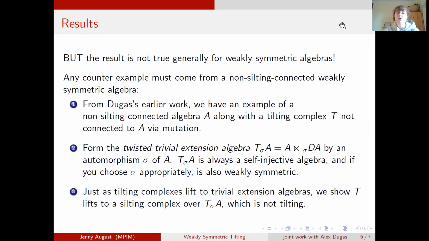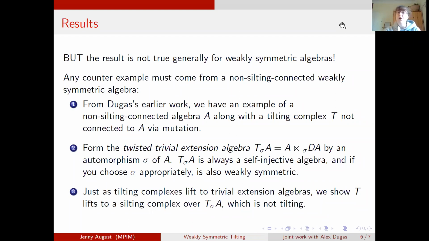And the idea is actually we can produce a weakly symmetric algebra from this finite dimensional algebra. And this uses a generalization of the notion of trivial extension algebra. So whenever you have a finite dimensional algebra, you take the semi-direct product with its dual, and this is the trivial extension algebra, which is always symmetric. And it's known by Rickard that you can always lift a tilting complex over A to a tilting complex over the trivial extension algebra. So we just use a generalization of this called the twisted trivial extension algebra, because we